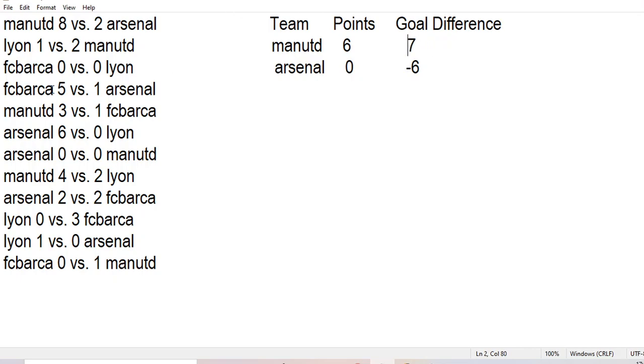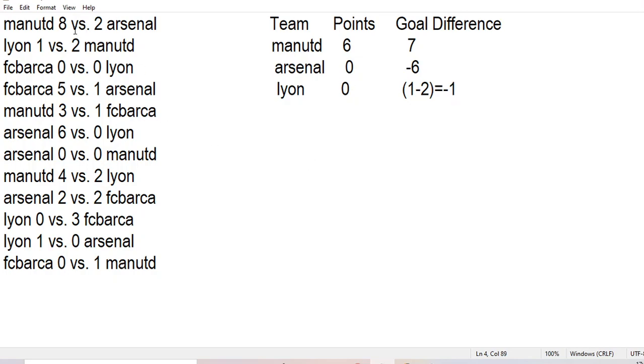Then I will check whether this team name is present here or not. No, so I will include the team name and they will have 0 points and the goal difference will be their score minus the opponent's score, so it is minus 1.